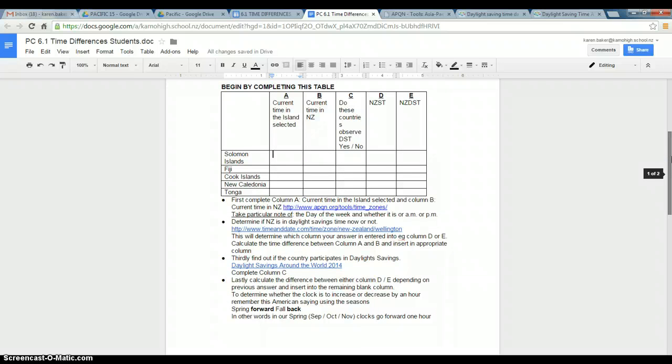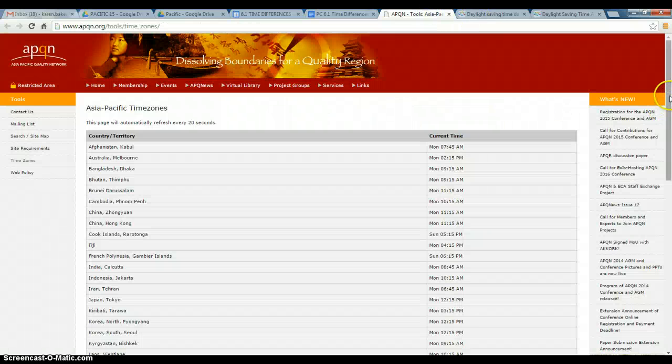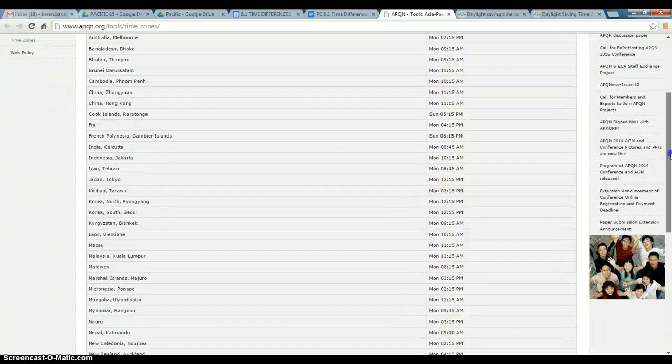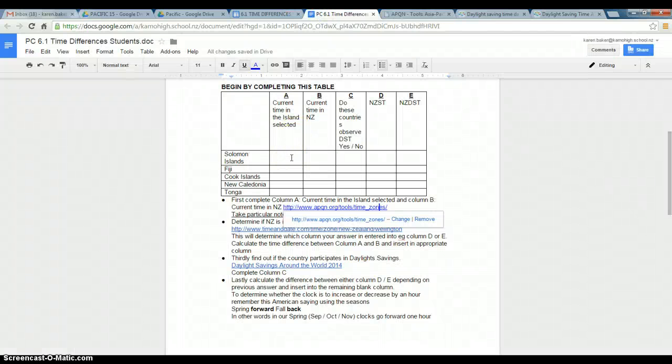First, complete column A, current time in the island selected, and column B, current time in New Zealand. Right-click and open the link. This website is listed in alphabetical order. I'm going to discuss the Solomon Islands, so Solomon Islands is Monday, 2:15 in the afternoon. I will enter that into column A because that's my selected island,